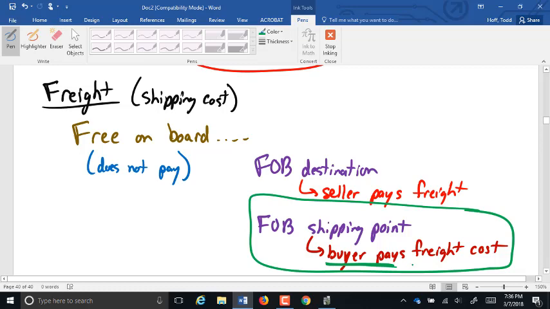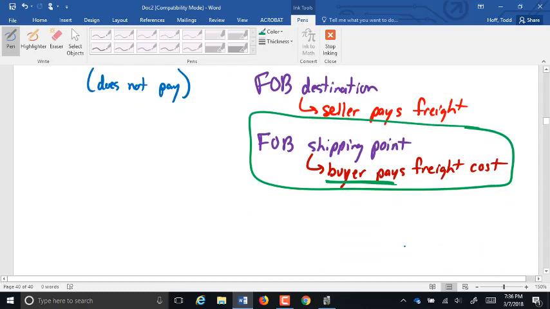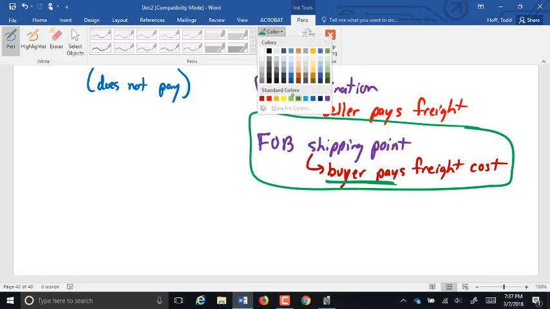However, this actually further complicates things a little bit, because the days of a shipping company picking up a product, hauling it across the country and delivering it, and then waiting for the place that it's delivered to pay for the freight, those days are gone. The old COD and stuff like that, it just doesn't happen anymore. Mostly because shipping companies got stuck with a lot of issues because they got to the destination and people still didn't want to pay. So what usually happens now is even though the buyer is going to pay the freight,